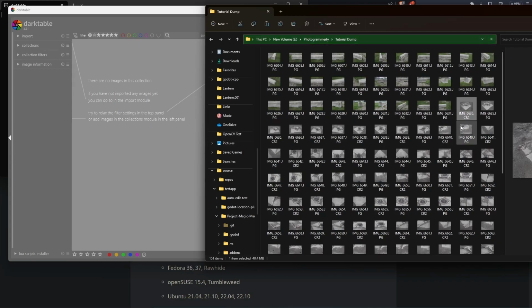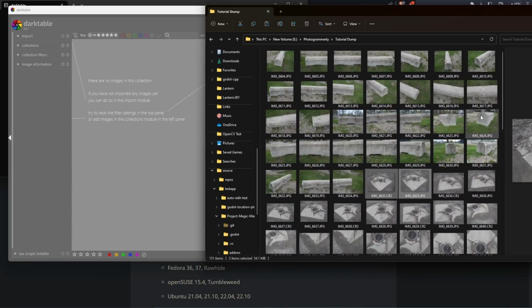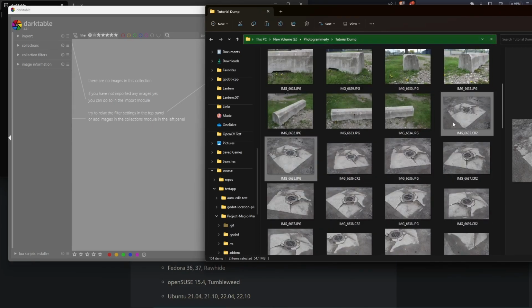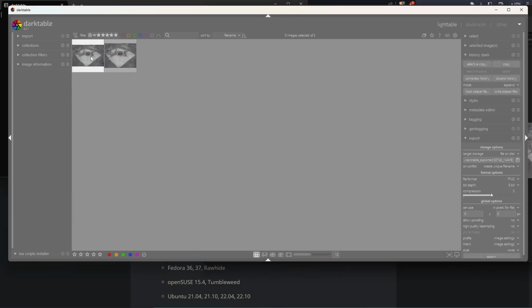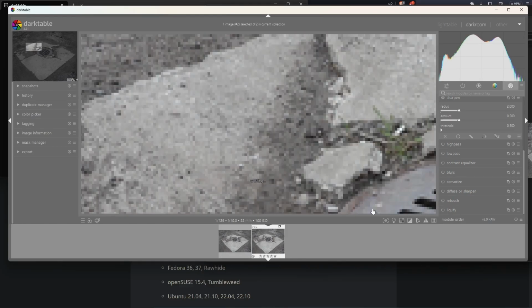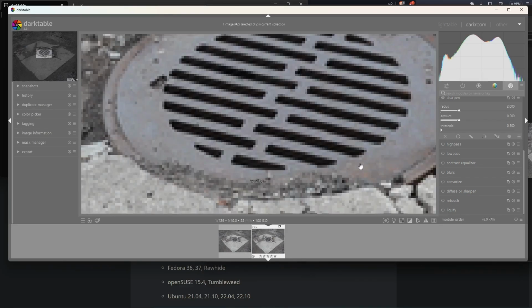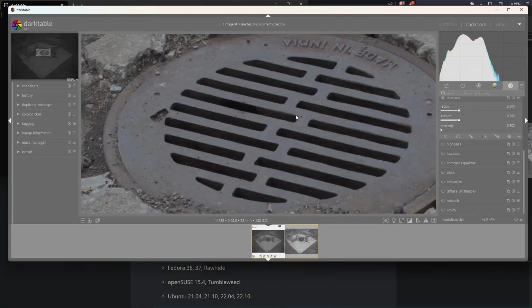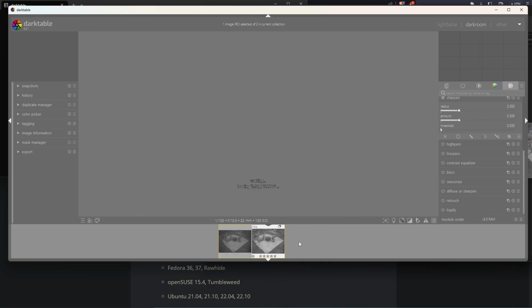So if I drop in these two files here, which is a CR2 and a JPEG. So if I zoom in real close, you can see that I have a CR2 and a JPEG of the same image. So I'm going to drag that guy in and we're going to take a look at him. So if we double click on our JPEG, here is our JPEG file. If I zoom in and I take a look at it, you can see that this is what it looks like. If we just kind of zoom in to right here, and then I go back to my other one, and then I go back to this one,